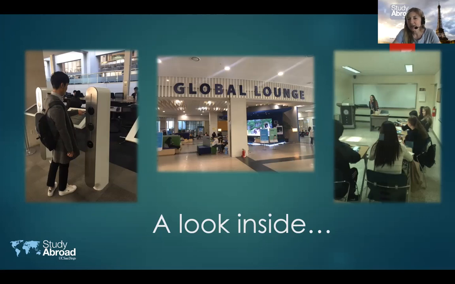And then on the right, you'll see this is a language course. So I think that classroom had about 9 to 10 students. It's an intensive language course. So we just got to peek in and see that the students, I believe at that point, were doing some conversation practice. So it was fun to see that. Lots of participation was encouraged. So that was really nice to see.